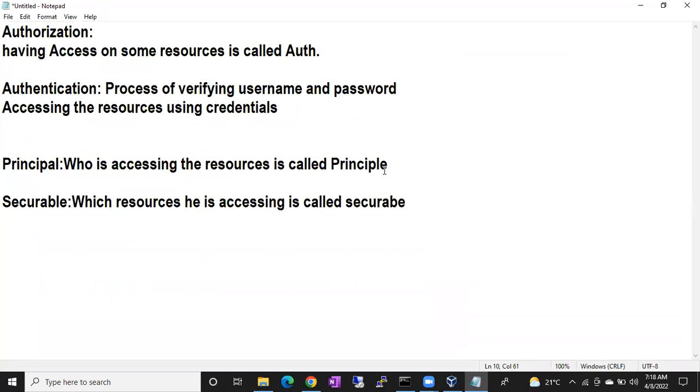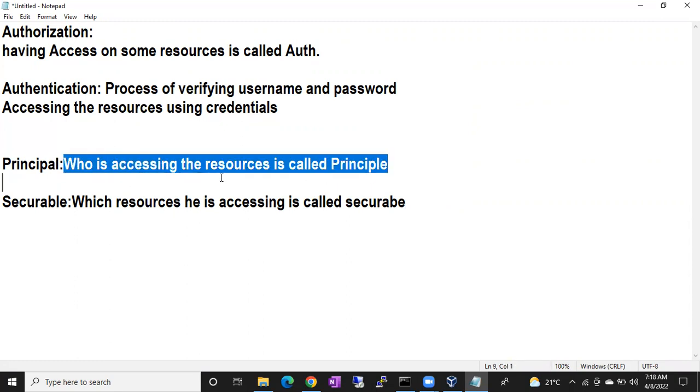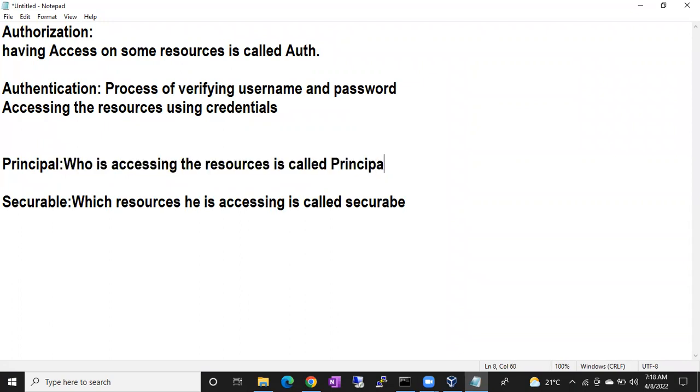In your mobile phone example, who is principal and who is securable? You're all using smartphones, right? Just implement the same concept. Who is accessing the resource is called principal. Who is going to access the mobile phone?